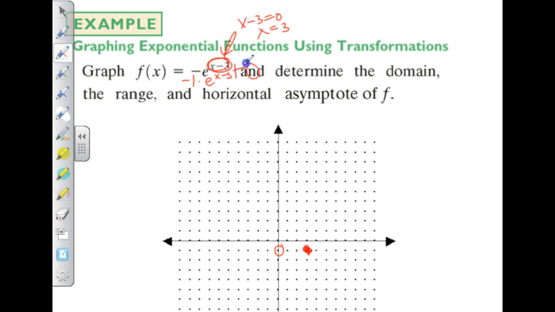The asymptote's at 0. And because I have one decaying factor, which is the -a, remember, this is a -c, so that does not cause decay, but I have one decaying factor. It's the -a value. I would have decay, so I'm going to start up high and head down low. So the majority of this exponential